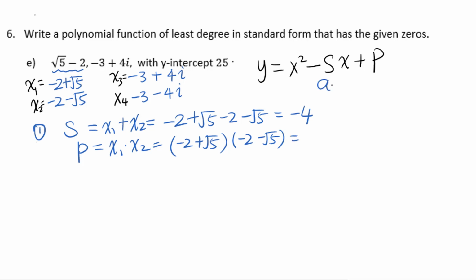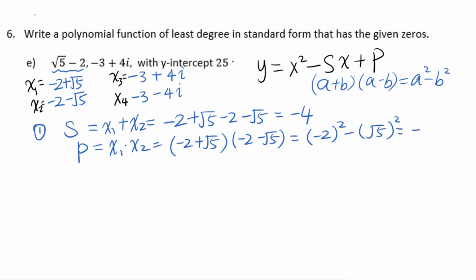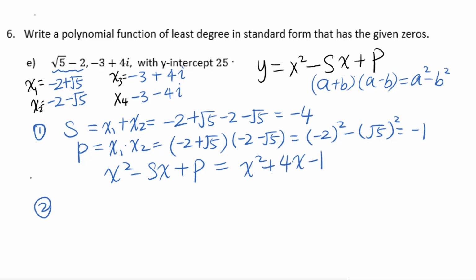Use the formula a plus b times a minus b equals a squared minus b squared. Negative 2 squared minus square root of 5 squared equals negative 1. X squared minus sx plus p equals x squared plus 4x minus 1. For second step,